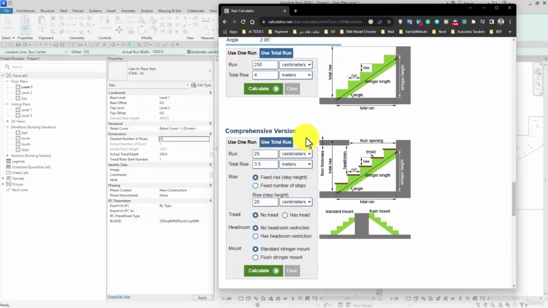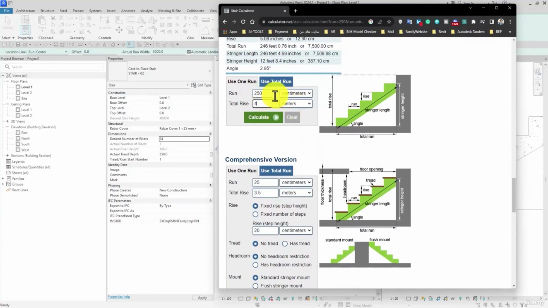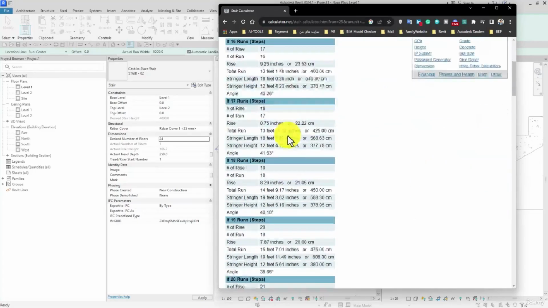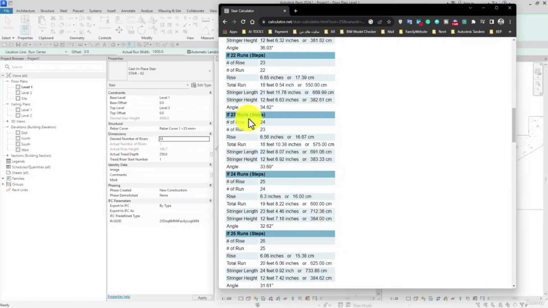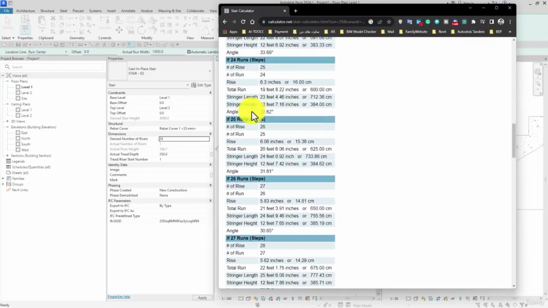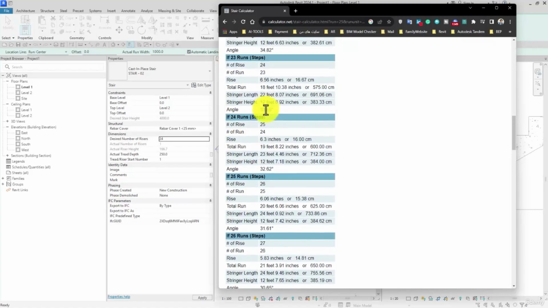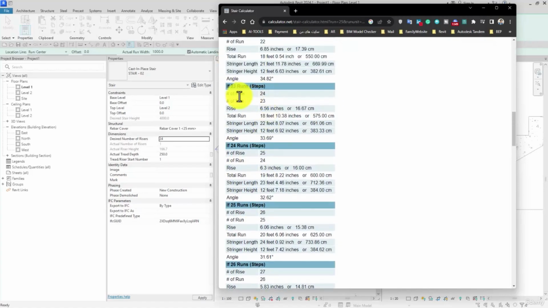Let me try again. 4 meters, 250, I'm sorry, 25 centimeters. I made a mistake, I defined it per millimeters. Anyway, if 24 runs or steps, or 23 runs or steps, as you can see, then the risers are 24,